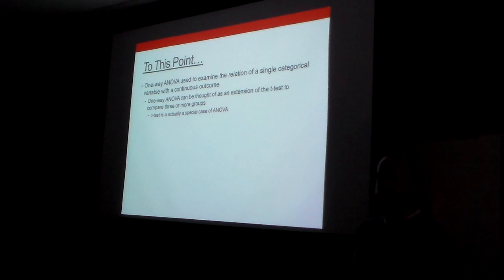It's going to start to limit the types of analyses that you're going to look at. So again, for a one-way ANOVA, we've got one factor, one categorical variable with two or more levels, right? And we're looking at the relation of that with some continuous outcome, right? In a group-based design, we often talk about group differences across levels of my categorical factor, but I could also talk about this in terms of the relationship of gender to outcome, or the relationship of